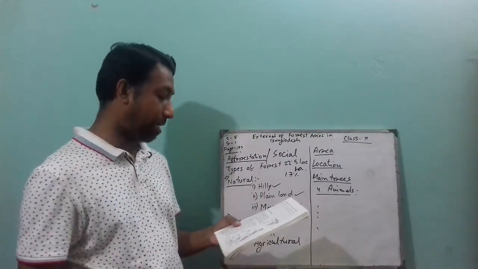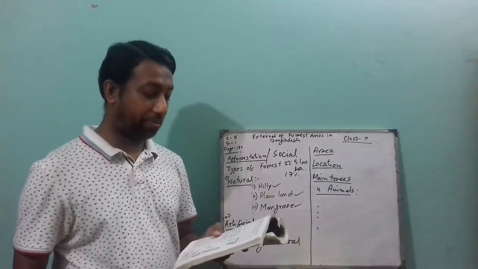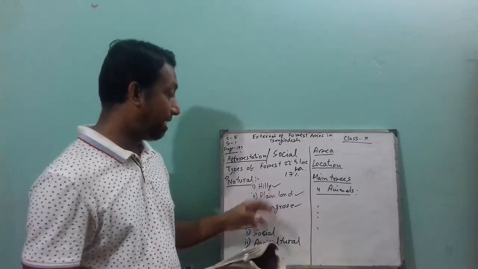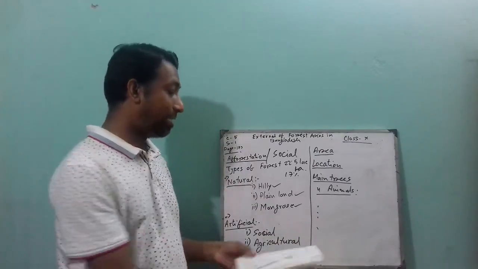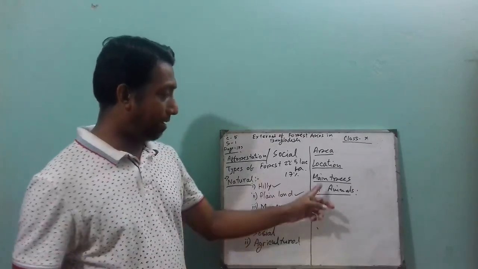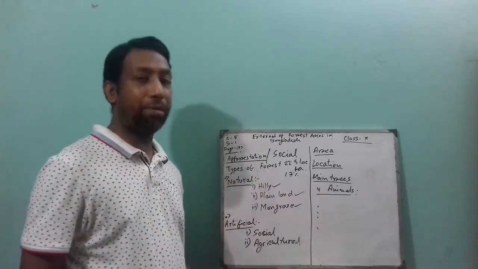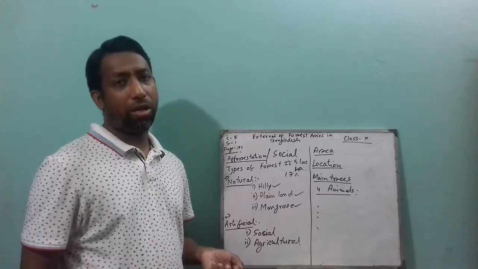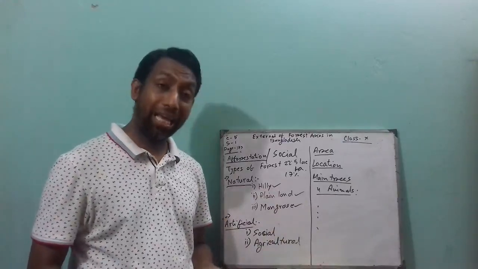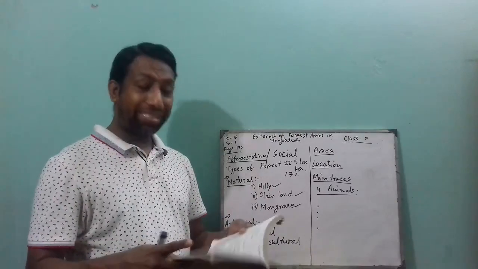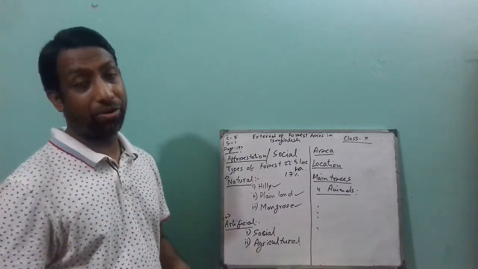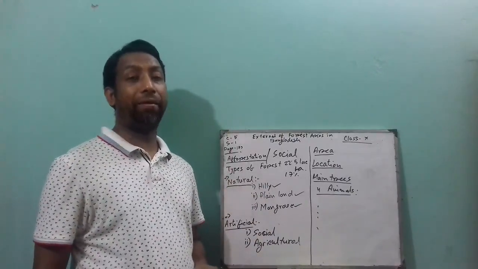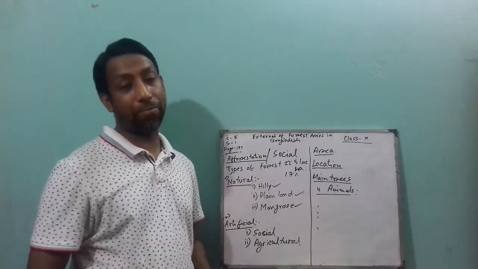The main trees of this hilly area are Jarul, Segun and Chapalish. The main animals of this area are elephants, sometimes tigers, and foxes. This type of animal you can find in this hilly area. Besides this, you can find some bamboo in this area, which is borak and murli.